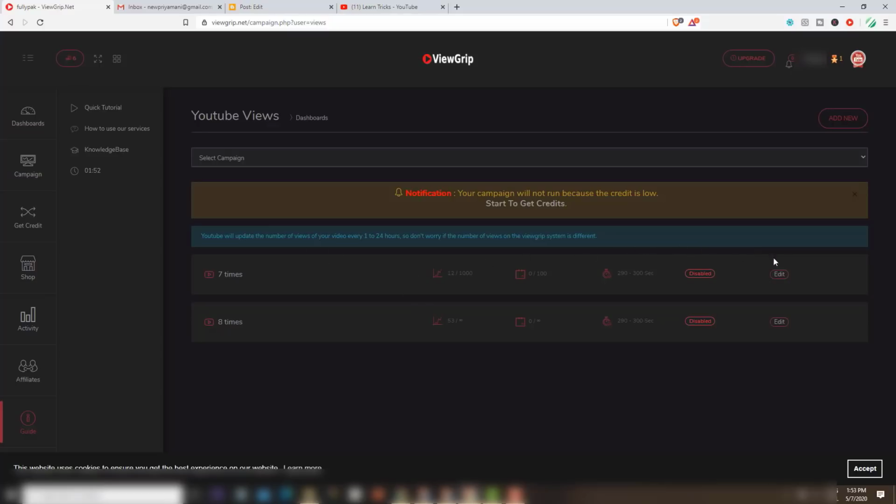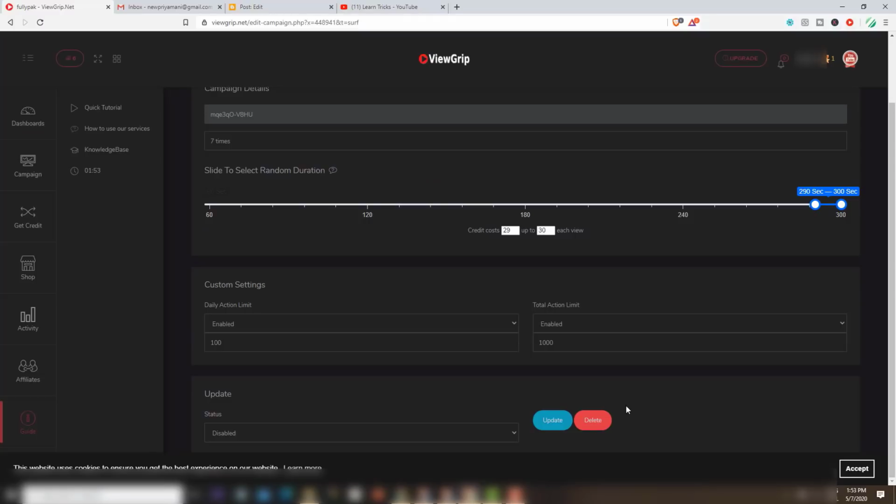But once you decide you don't want any more views or likes for that particular video, you can go to edit, click this button, and you can see delete completely here, so you can delete it. But if you don't want to delete, you can enable or disable here. If you want to enable, you can enable it anytime, and if you want to stop it, just click disable. This is how you follow the settings. But if you delete, you cannot add the same video back to the system unless you create another account. That is very strict on this site. I will show you later what happens if you create multiple accounts.